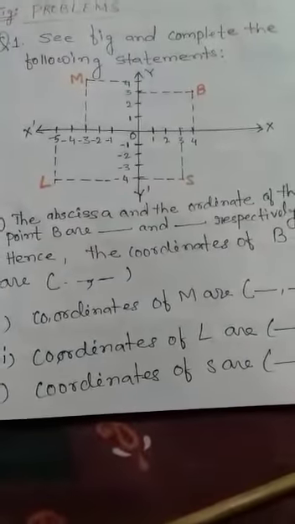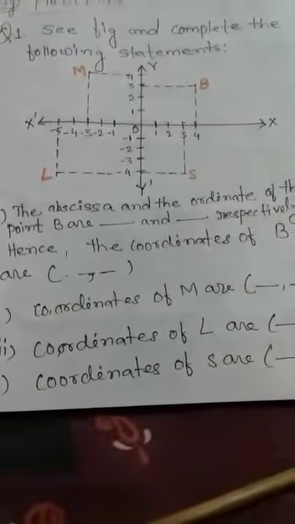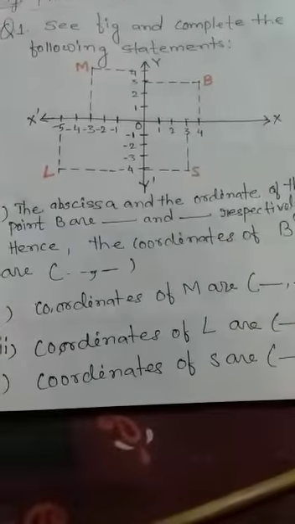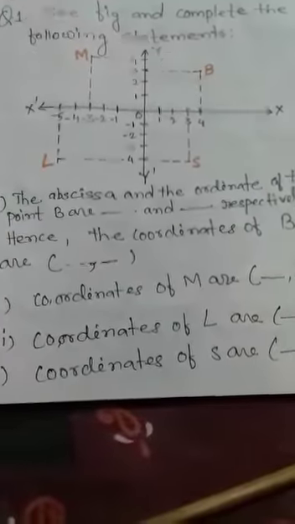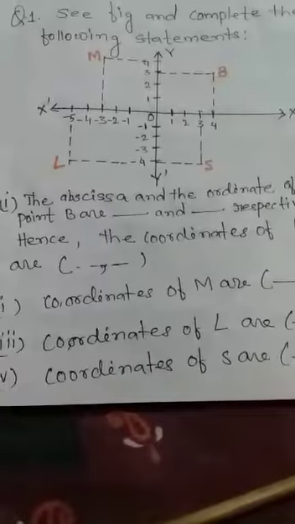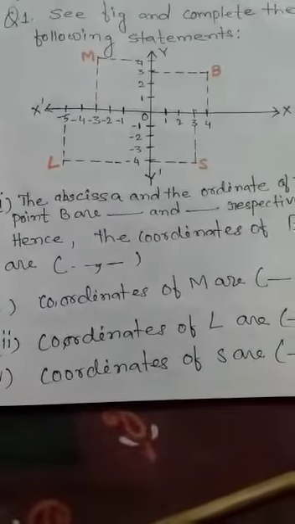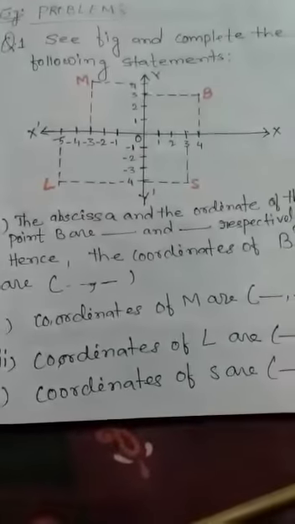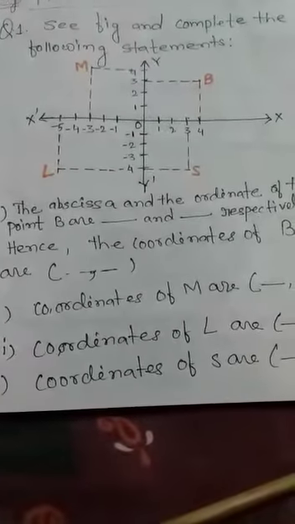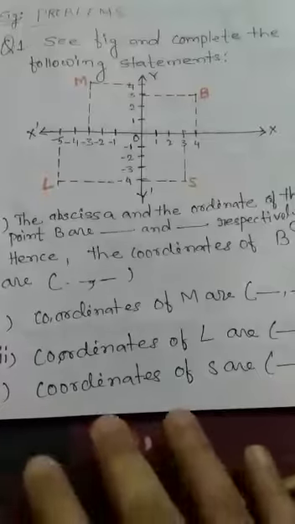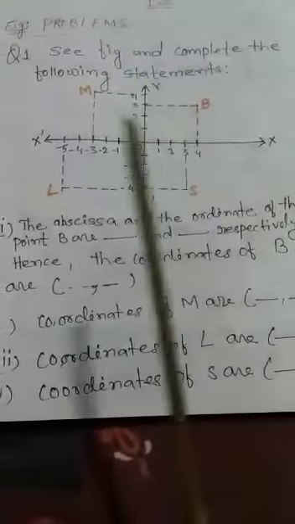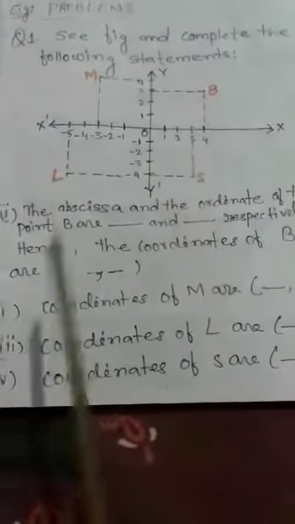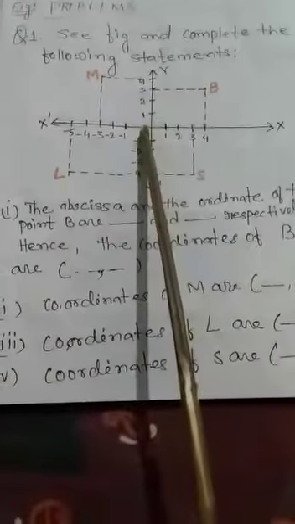Now see, in our previous class, we have started our chapter Coordinate Geometry. And we have learned so many things: how to represent quadrants, how many quadrants there are, in which quadrant which value will stay. Now today, after learning all the topics and important terms, we will solve some problems related to this. Now you see the question and tell the answer after seeing the graph from the top part.